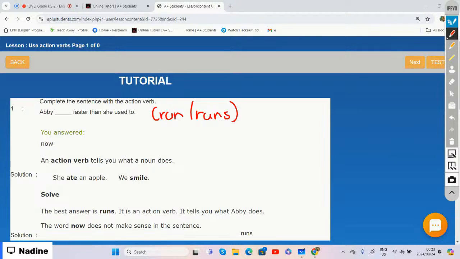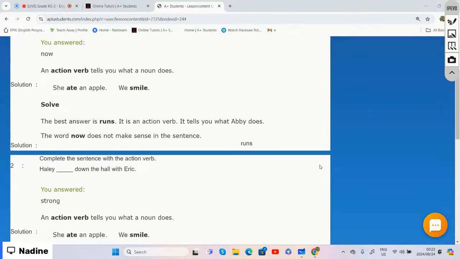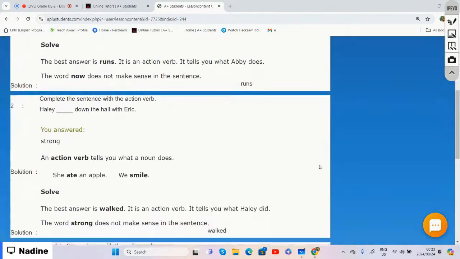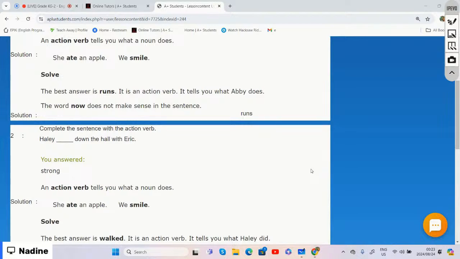And if we were to choose our correct action verb, we can say Abby runs, because we are referring to one person doing something. So we say Abby runs faster than she used to. All right. If we look at the next one,